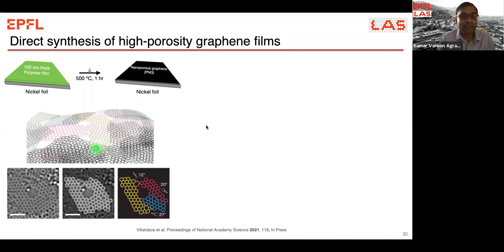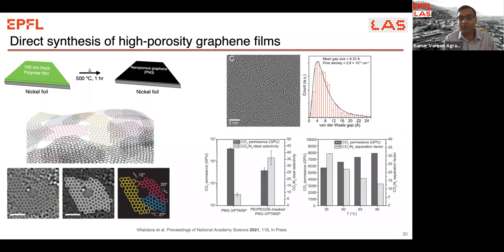The grain density in this case gave us a pore density of 10^12 per centimeter squared, which was 2 orders of magnitude higher than what we were getting by our previous approach, right? And this was very attractive because most of these pores are in the size of 4 to 20 angstrom, right? So we could still make a very attractive membrane. By a masking approach, by coating these pores with PI, you could say that our permeance is quite attractive, around 8,000 GPU, and we are still getting selectivities of about 30.